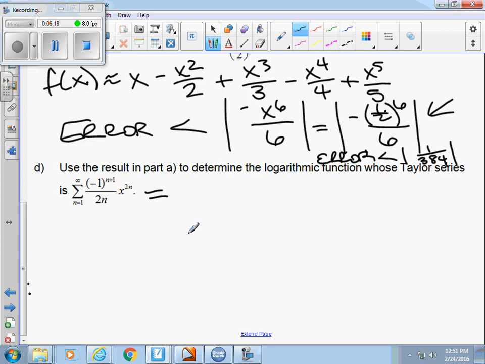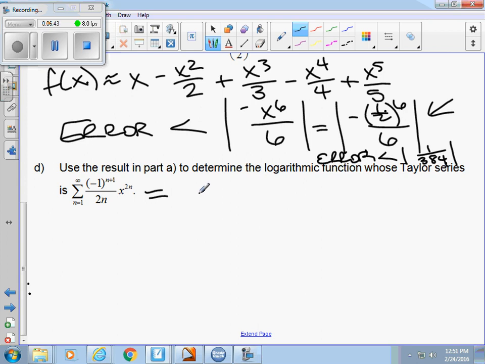Do you know what I mean by that? Write out a few terms. How would you write out a few terms? Plug in the 1 for n. This is not a requirement, but I think it would be helpful for us to look at what the sequence looks like. So, if I plug n being 1,